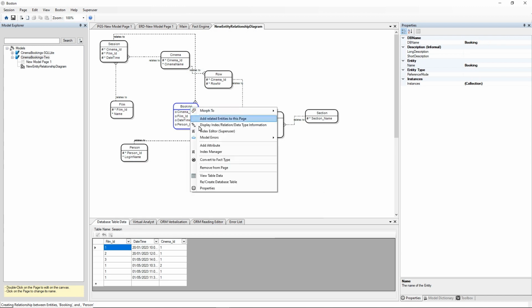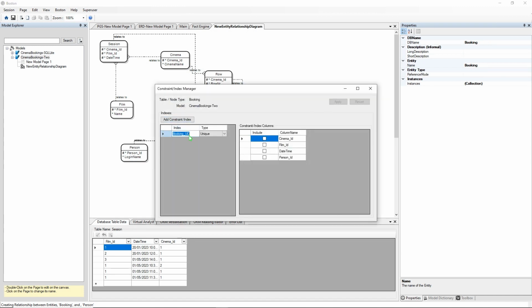And we're going to go to the index manager and create a primary key for booking across cinema, film, date, time and person, and we're going to apply that,